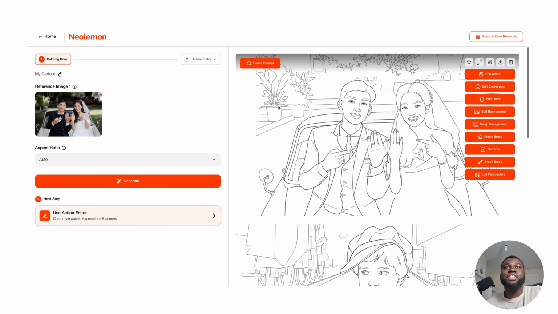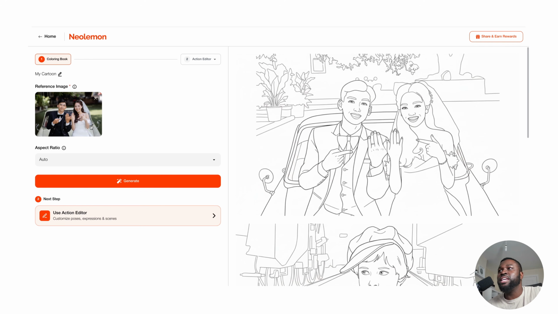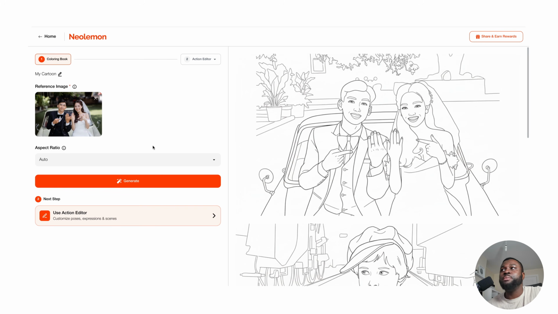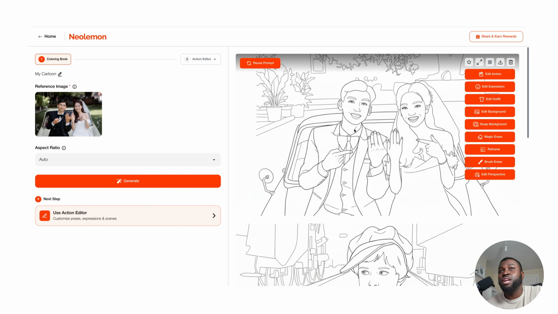And look at the image that is created here. So we can see both people pointing to their rings as seen in the image. We've got the car in the background, even got the car windows to the left and to the right, and then even in the background you can see a few plants and trees, a window right here. So it's done another excellent job here of really being consistent with the image, and it's a fantastic coloring page that couples would love to color in.